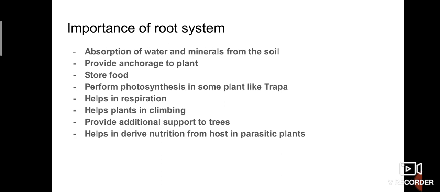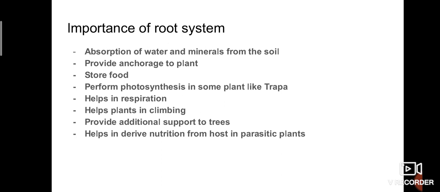We have seen napiform, fusiform, conical and all. So the roots store food. Because of that storage only, they look like a swollen shape. They attain swollen shape, and they perform photosynthesis in some plants like trapa. There are some plants where even roots itself do photosynthesis. One of the plants is trapa. Okay, in a higher class you people will study it.